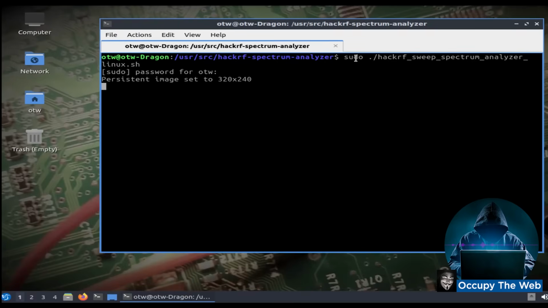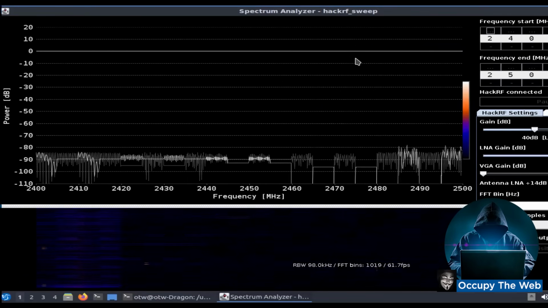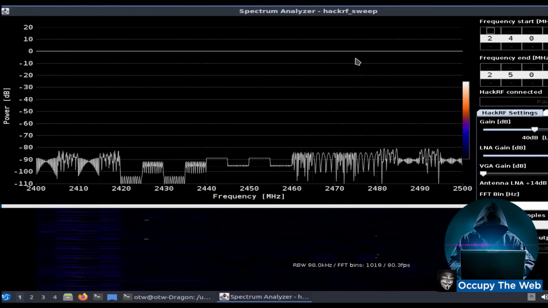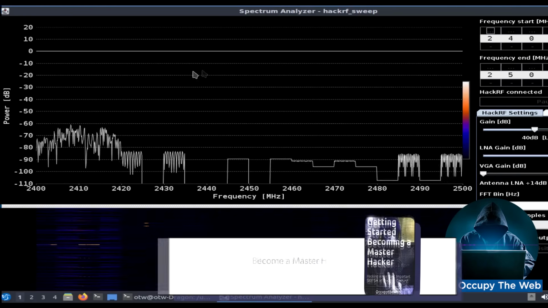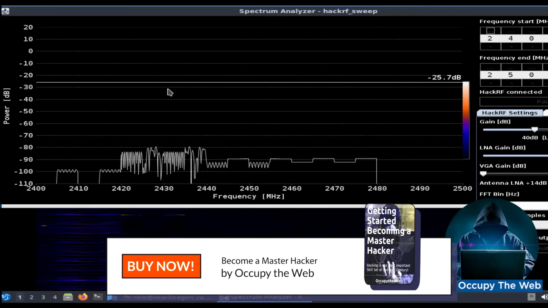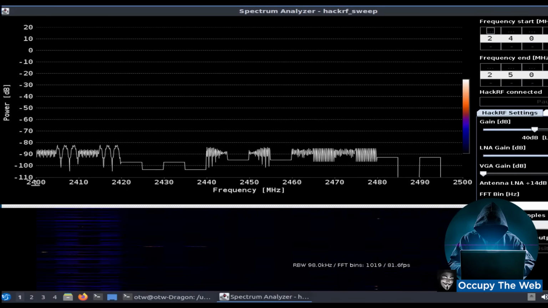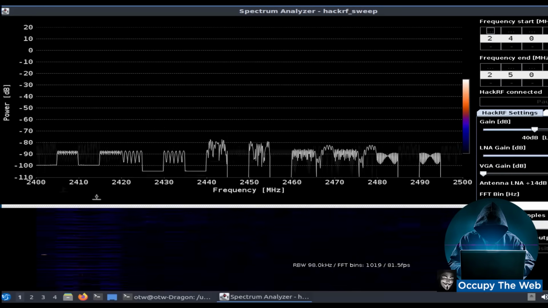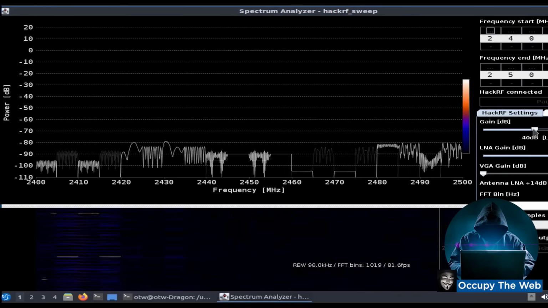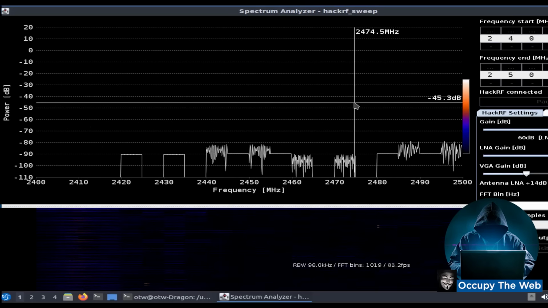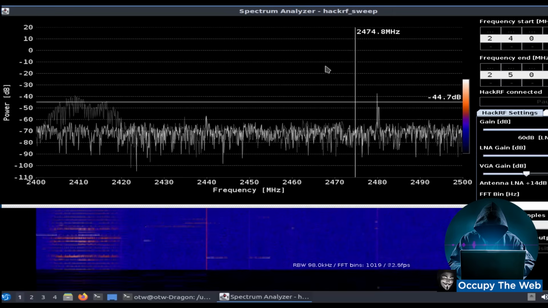I think the amplifier that I'm using is like $50, so it's pretty inexpensive. So here we see I've got it centered on the Wi-Fi signals, between 2.4 gigahertz and 2.5 gigahertz, and I want to turn the gain up a little bit. Give it a second. There we go. I've turned the gain up, and now you can see a little clearer what's actually